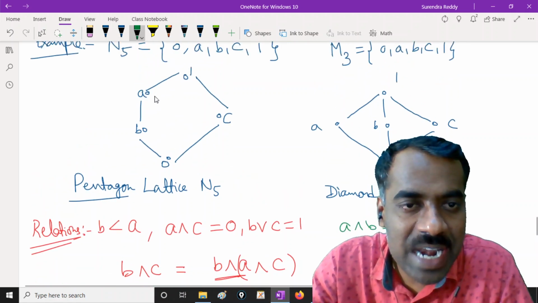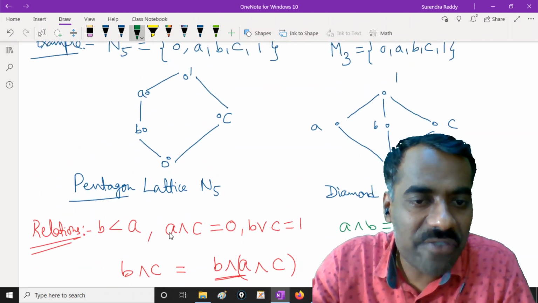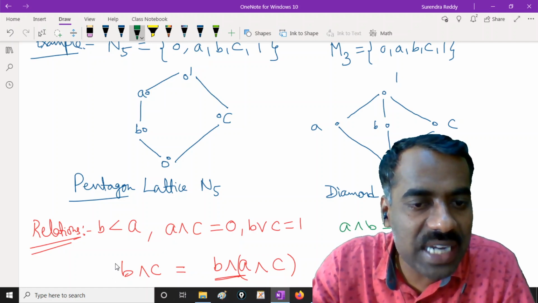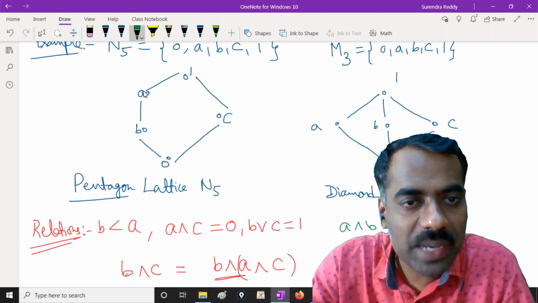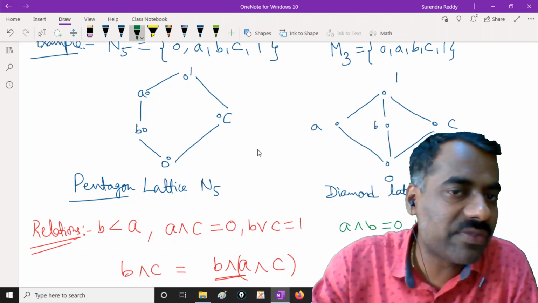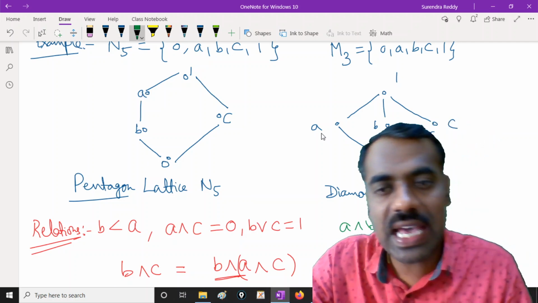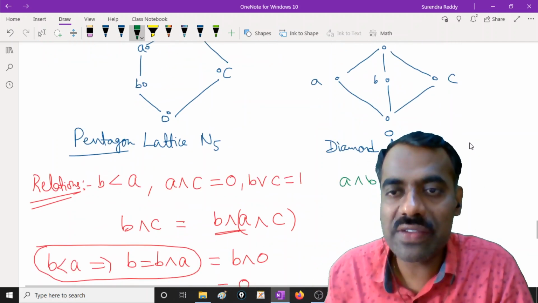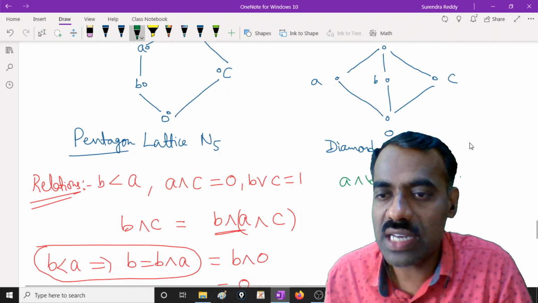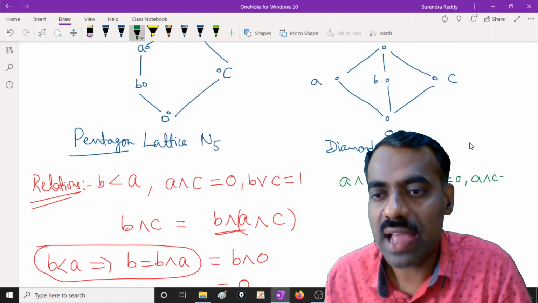Earlier, because A and B have some relation, if you have A and C, then you got B and C relation. Are you following? So if you have B and C relation, because A and B are related, you also got the relation for A and C. But whereas here A, B, C, these three are not having any relation. So whatever relations you have, you have to define them. Otherwise, you cannot have it.